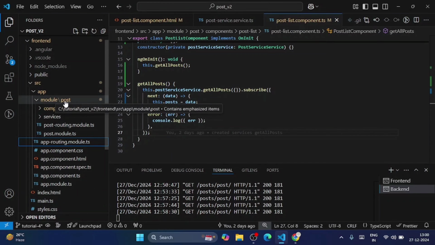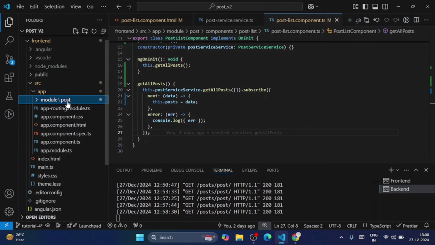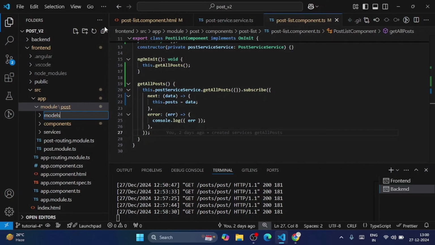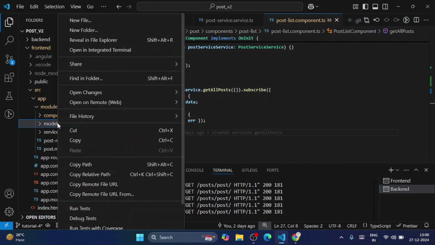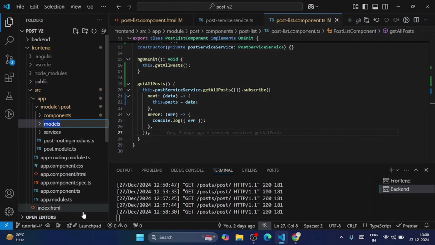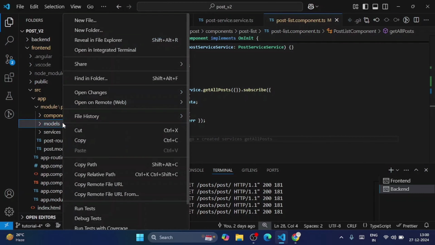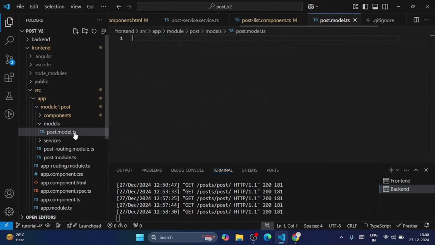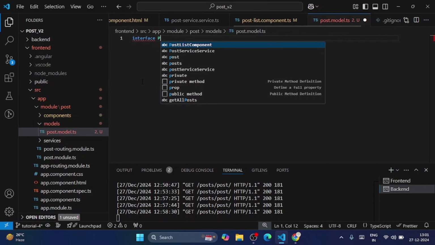Now let's create a folder inside this post module with the name of models. Inside models we will create a file. Let's rename it post.model.ts, and from inside this post model we will create an interface with the name of Post,